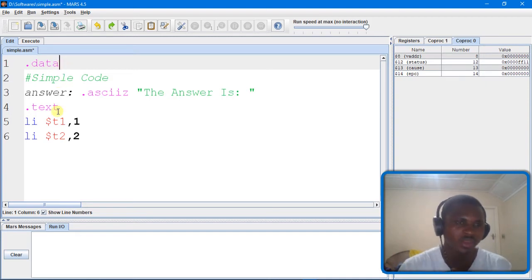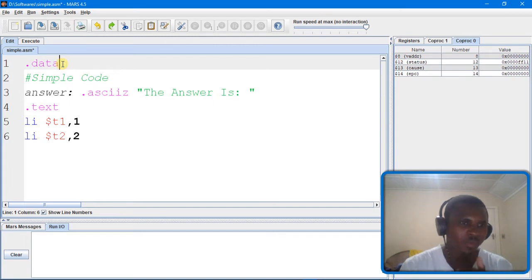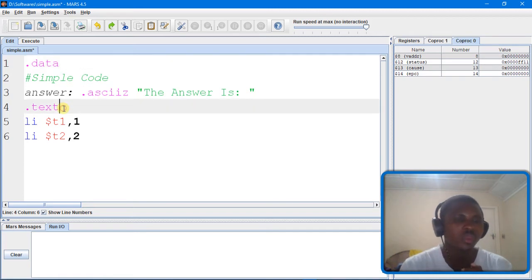And then here we have .text. With .text, that's where our program starts to execute. That's where we put the instructions that we want to execute. So we save the data in memory under .data, and then we call that data inside the